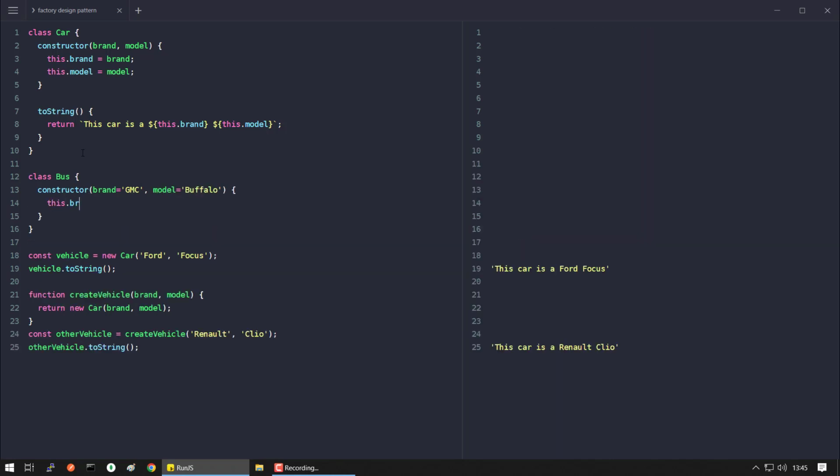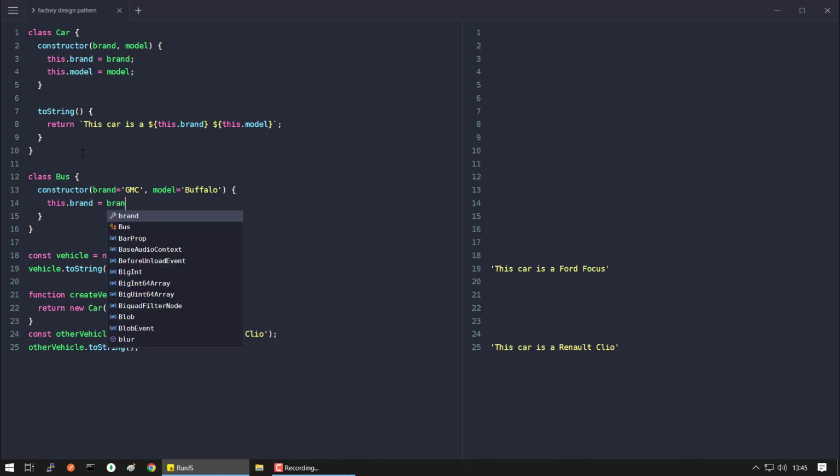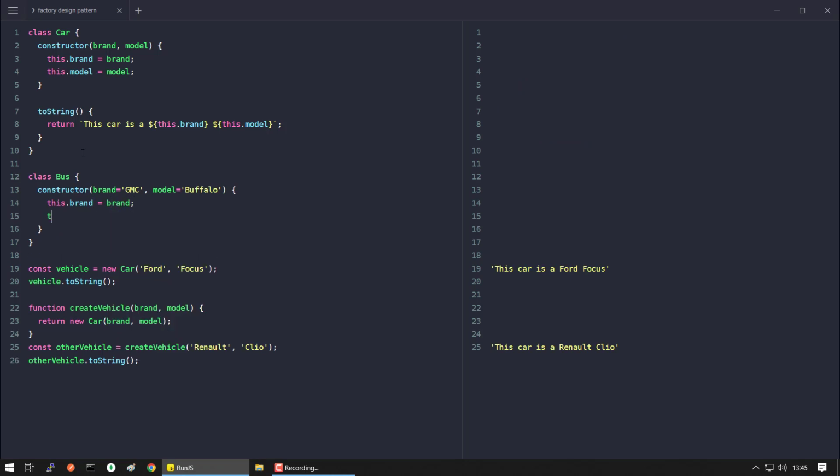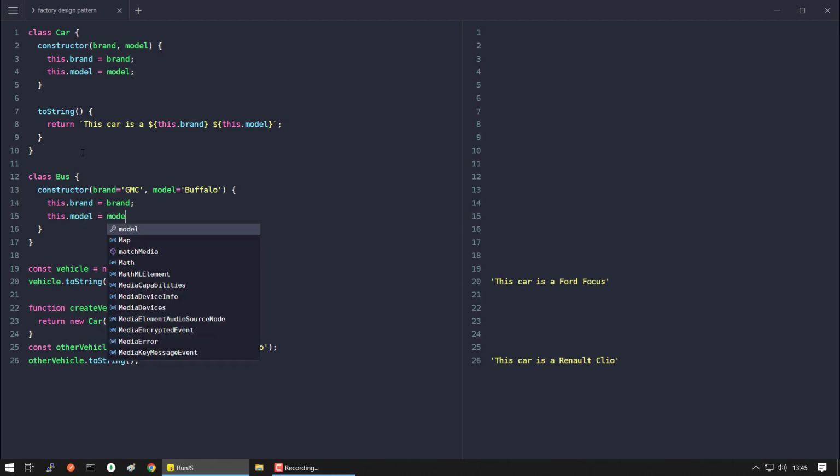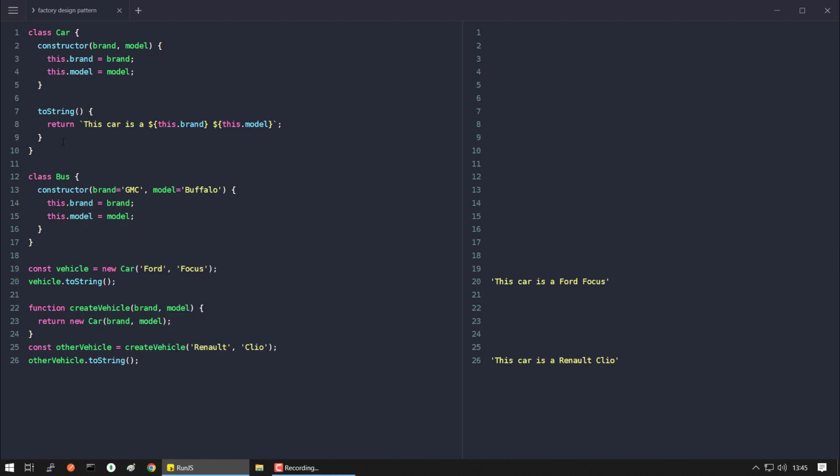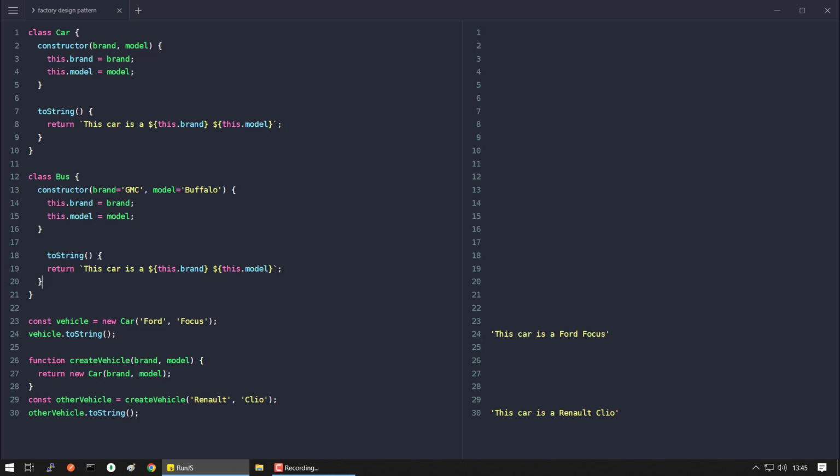So the same thing, the brand is retrieved in the constructor, same for the model, and we also have a toString method that we can use here. And we could say this bus is a